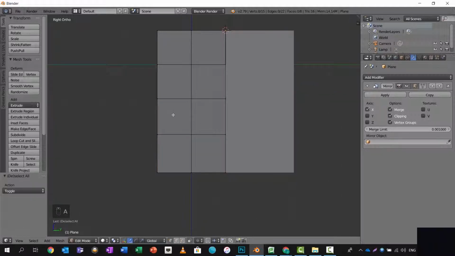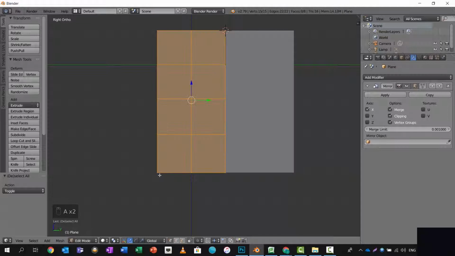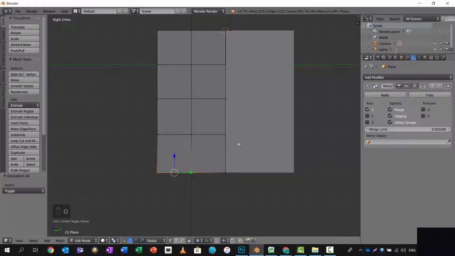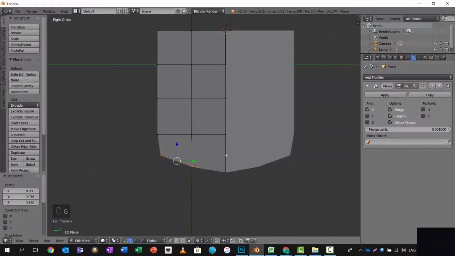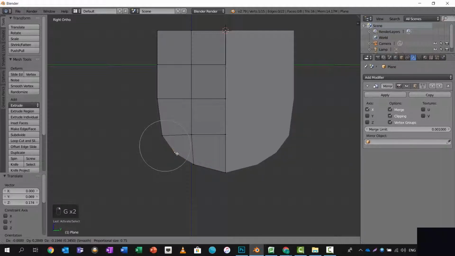Next thing I'm going to do is start shaping this so it's like a shield. I'm going to highlight the bottom part and turn on proportional editing. Push O to turn that on, and then as I move, there's a circle here and it will adjust anything within that circle. If I scroll on the mouse wheel, it makes it bigger or smaller. I'm going to hit G to grab, R to rotate, G to grab, and I'm just making constant adjustments until I'm happy with the shape of my